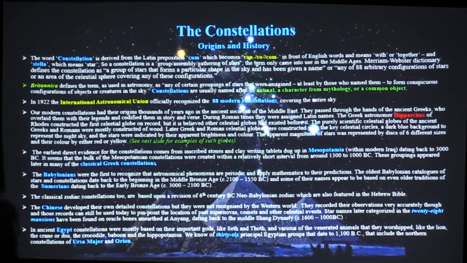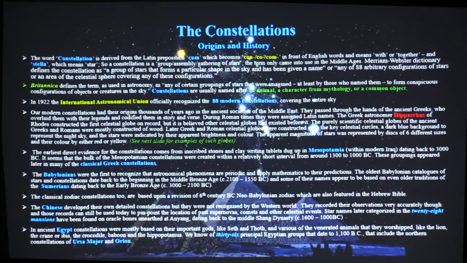So one of the things, the word constellation, forgive me, indulge me for a moment because I love Latin. So constellation comes from the word, if you see co in front of the word, it's Latin, it comes from Latin cor, which means with or together. So all these words in the English language, about a third of them are derived directly from Latin, by various means, even though English is a Germanic language, it doesn't matter. They've crept in through the Norman occupation of England, through Roman, Christian times and so on, into Middle English and then into the modern day. So if you see that in front of a word, it means together or with.